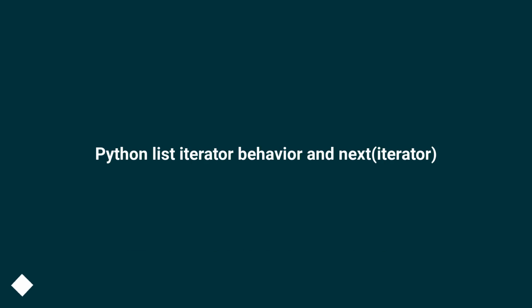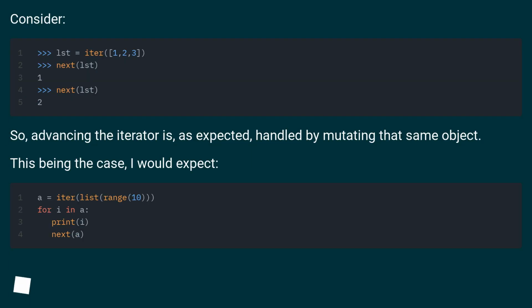Python list iterator behavior and next iterator. Consider. So, advancing the iterator is, as expected, handled by mutating that same object. This being the case, I would expect